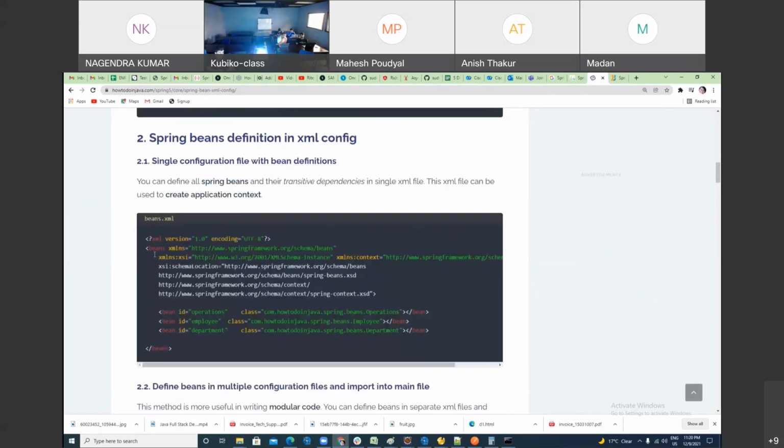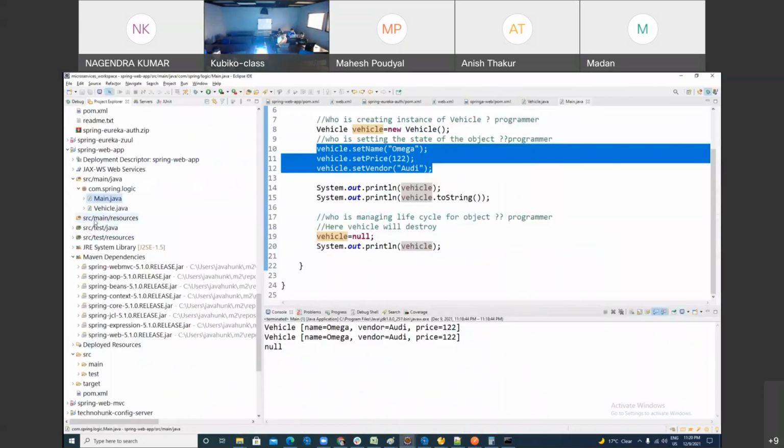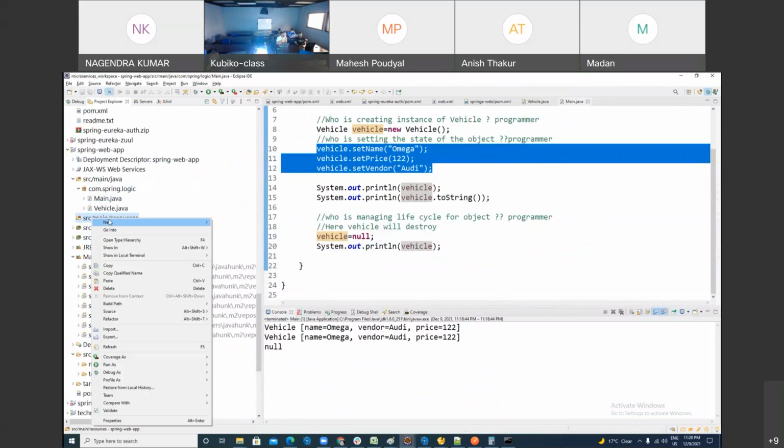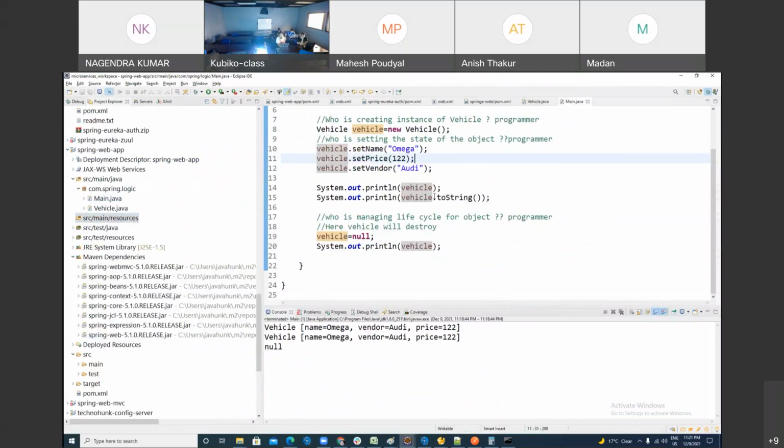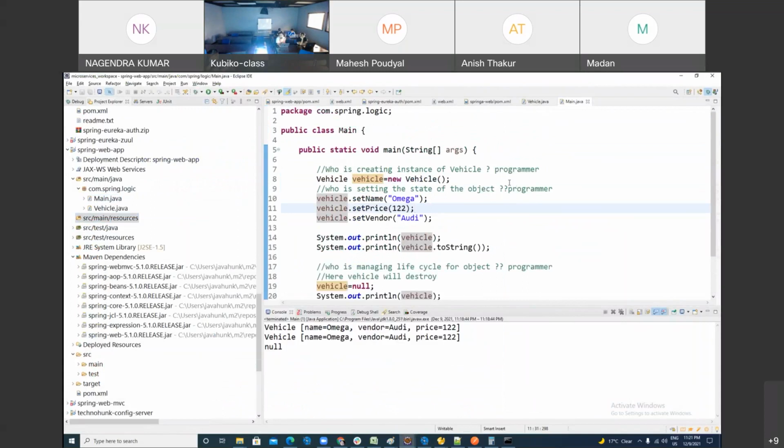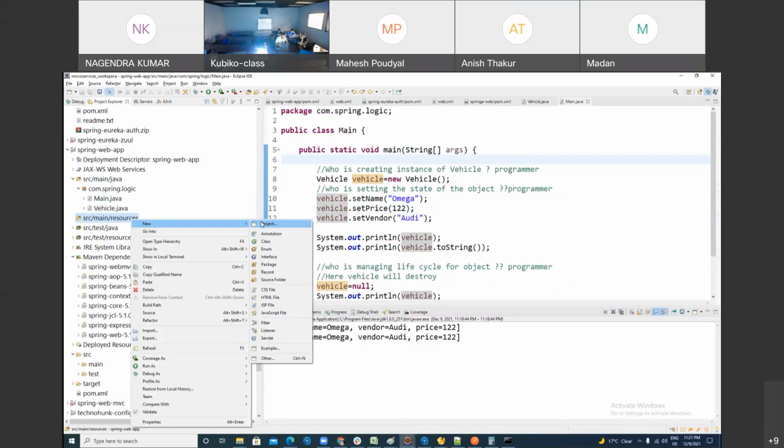Okay, so my dear, first of all, you have to make one XML file over here. In this XML file, you have to define how you want to make the object of it, and how to set the attributes of it. The object created by the Spring container is called a bean. Please remember it. Any object which is created by the Spring container, you will say object or bean. Bean. So here, Spring container says make one XML file.